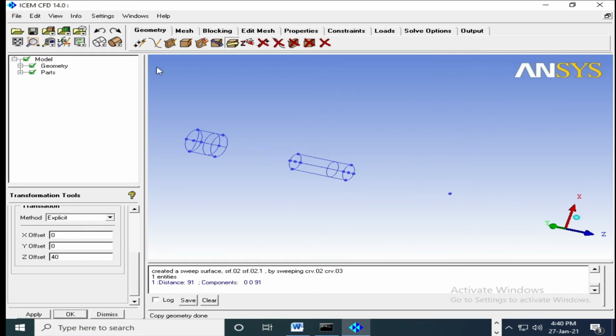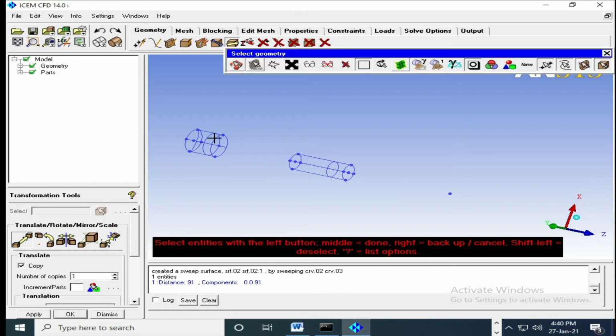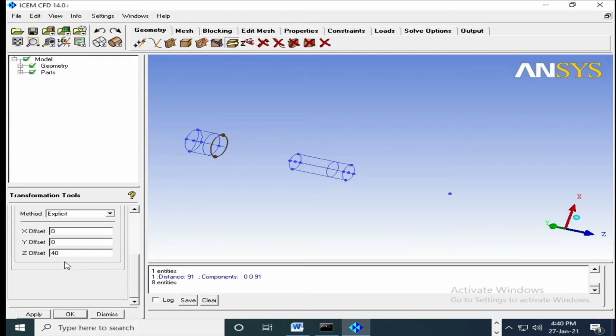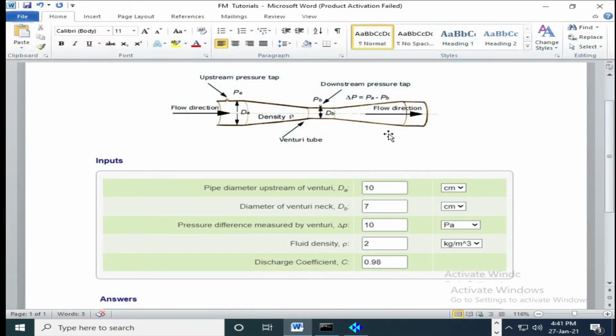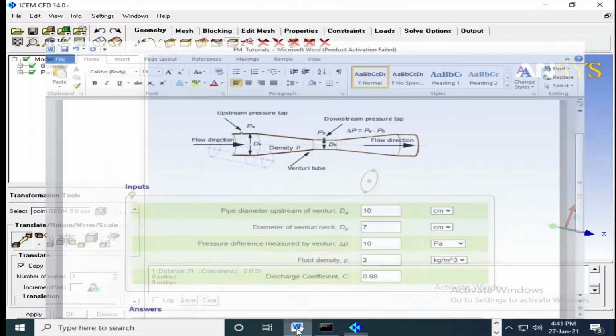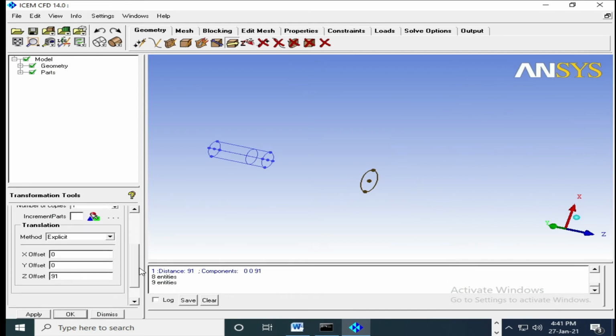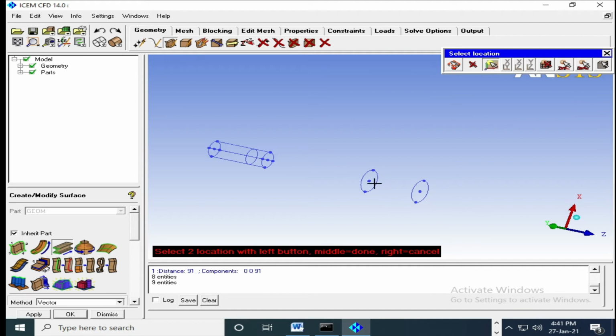It is at 91. So I will copy this arc and its point at 91, so that I do not require to draw once again. There is some additional portion of 2 times the diameter, so 20 I can say. Then again I will sweep surface.